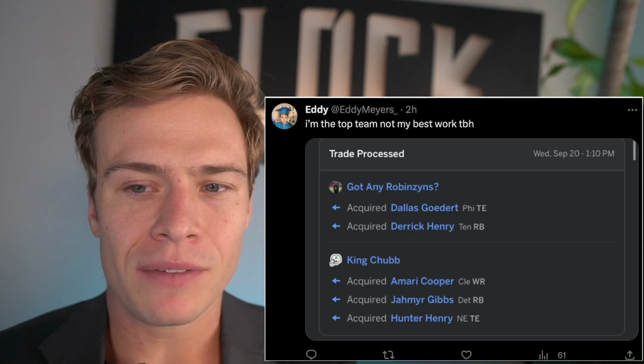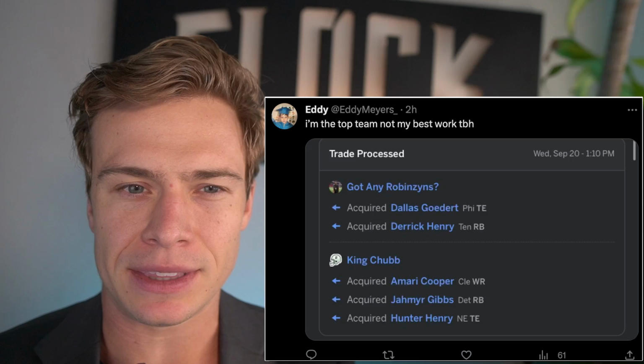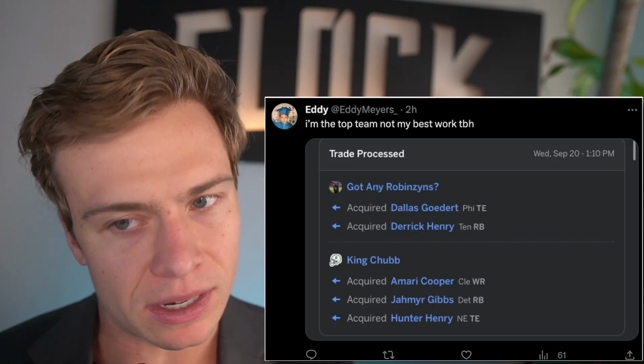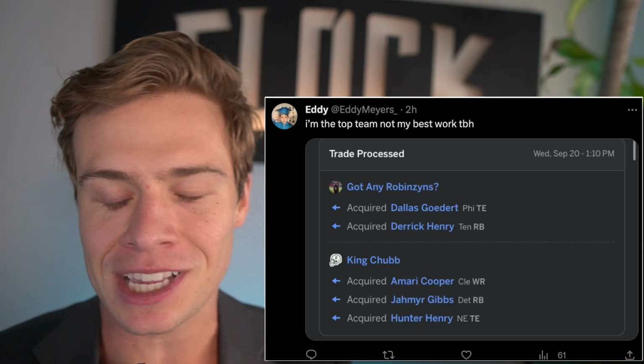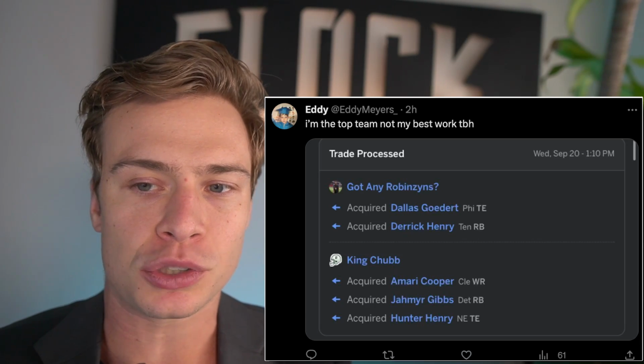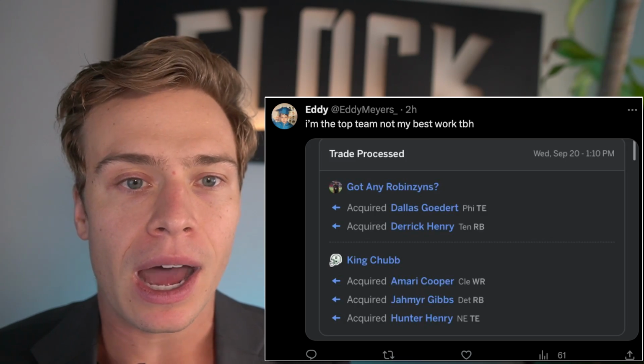Now, going over to our next trade, we're going to be looking at Dallas Goedert, Derrick Henry versus Amari Cooper, Jahmyr Gibbs, and Hunter Henry. First thing we do, kind of take out the useless players, the guys we just got off the waiver wire, say Hunter Henry. I know he has upside, but fundamentally, another example of this that we like to give is if you're trading, say, Derrick Henry for Amari and Jahmyr Gibbs,